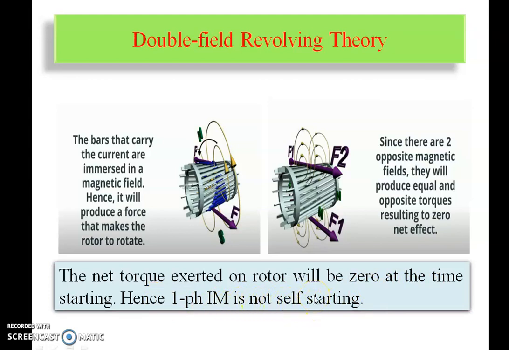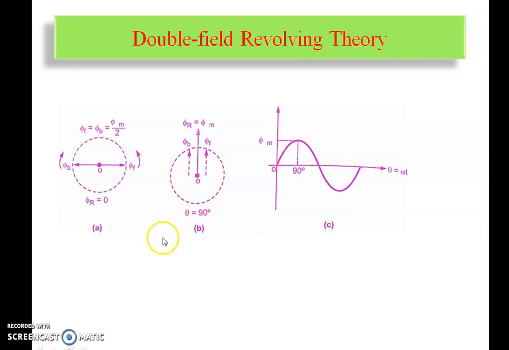What I said, I am applying this theory here. Suppose I am applying only single phase, so there is only one winding in the motor. In that case, current will flow and it will create one flux. Because there is one phase, it creates one flux. Now I can resolve this flux into two components, a forward component and a backward component. Both are revolving in the stator core.